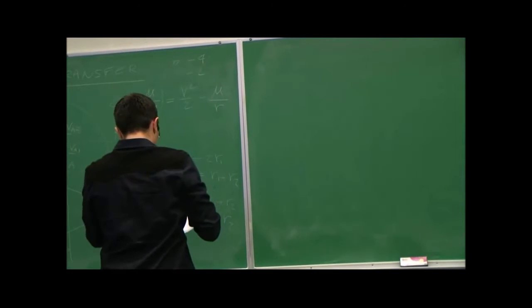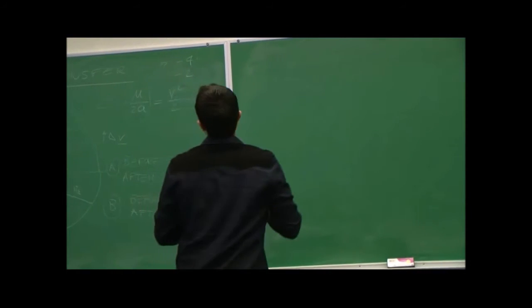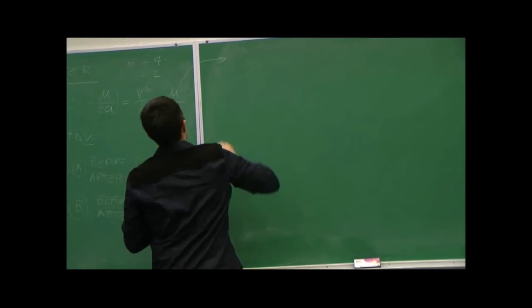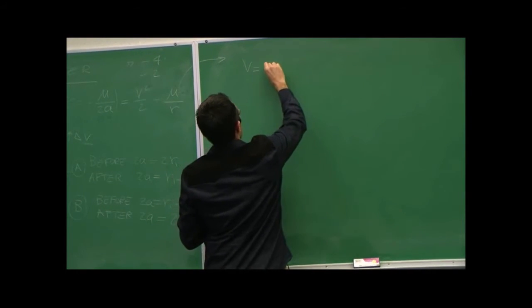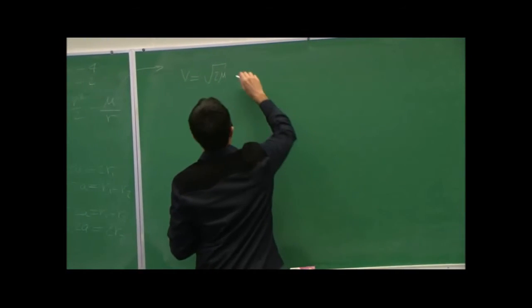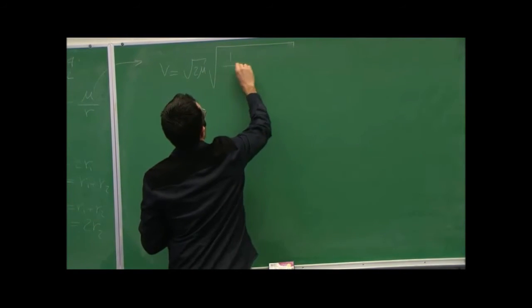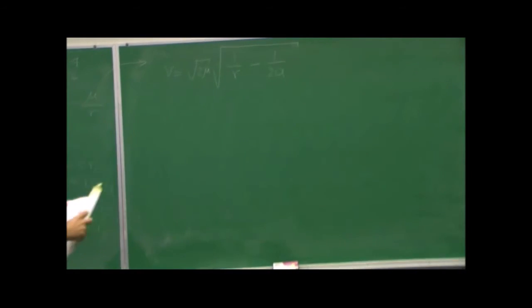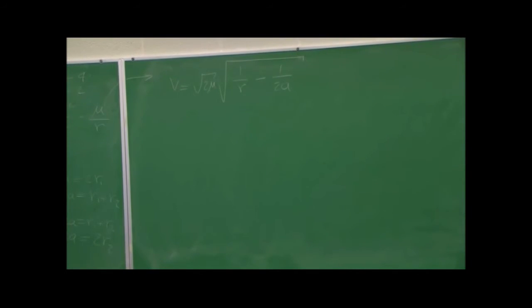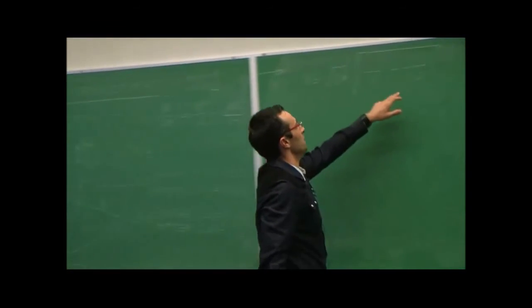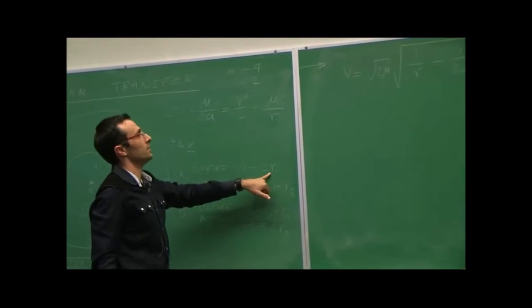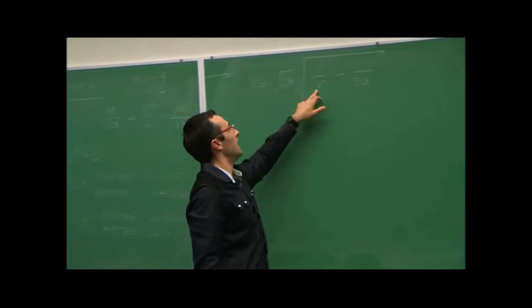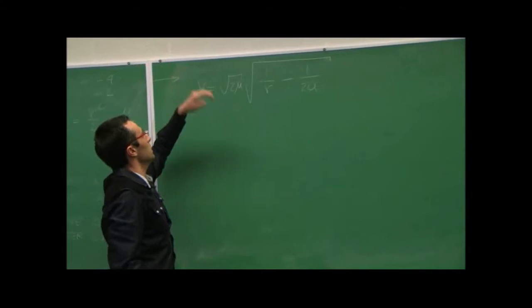If we really want to go one step ahead of this, how do you compute the delta V's? Well, it's pretty simple. You get that equation right here, the energy equation, invert for velocity. The speed becomes square root of 2 mu times (1 over r minus 1 over 2a). So the way you compute your delta V's, again, you put yourself at the first point, the before, you substitute into a what it needs to be there, 2 r1, you substitute into r, and that's your velocity,